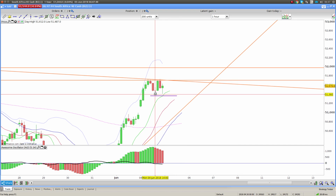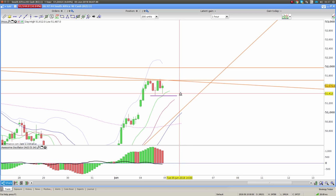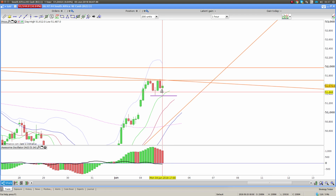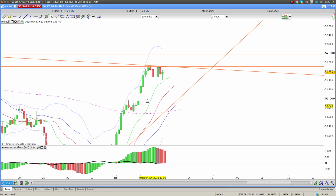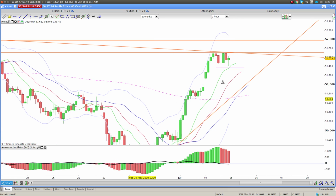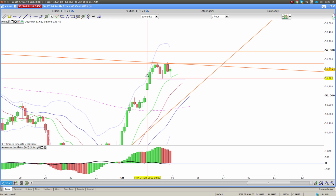So whenever I got a pullback into a zone, I'd be long and then I'd take my profit up here, wait for the next pullback, because the chances of it breaking through are stronger than the chance of it breaking down. So for now it's long. There's no other trade for me at the moment, not even to scalp this. The scalp can go against you pretty quickly, and